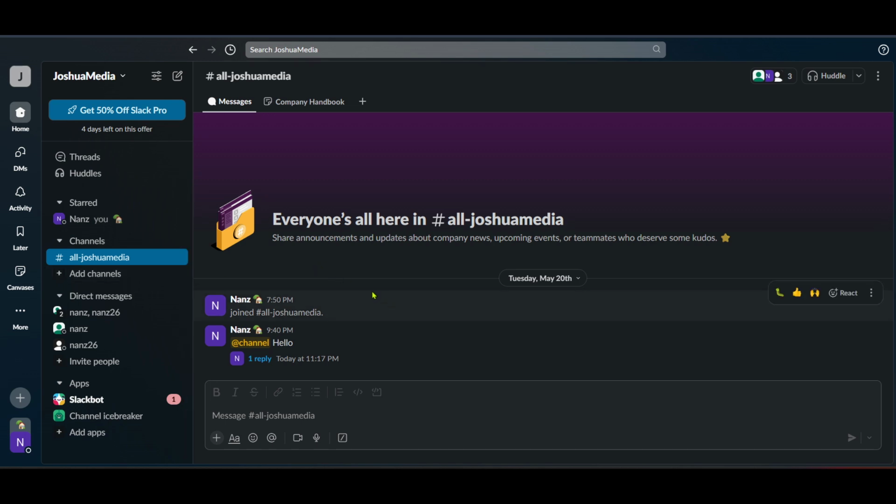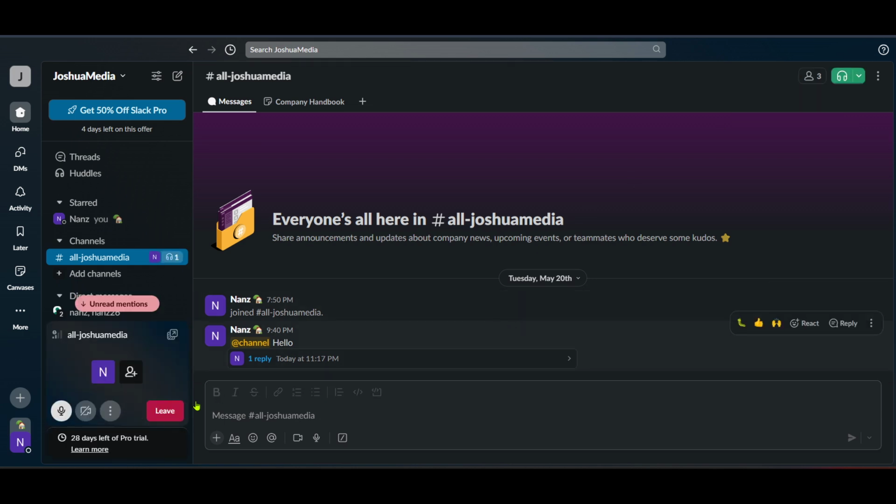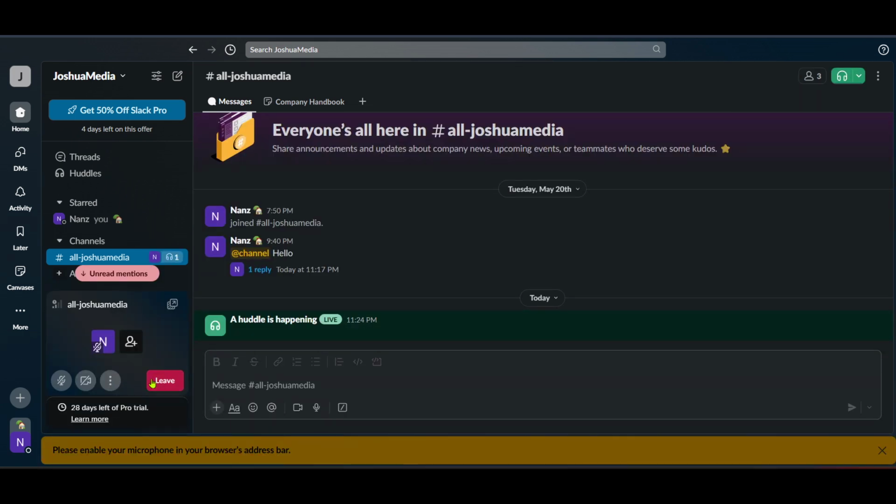Next up, select the channel where you want to start a huddle. If you're unfamiliar, channels are where team conversations occur and information gets shared. By choosing a specific channel, you're setting the context for your huddle. Remember, selecting the right channel is vital because it determines who has access to the huddle and the recording that